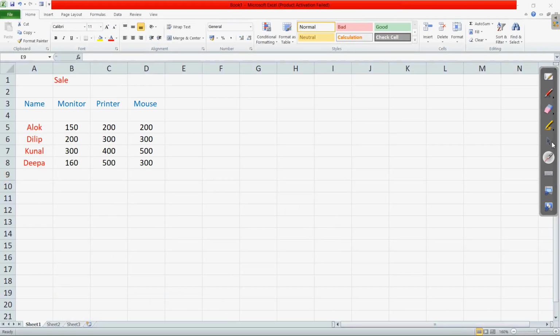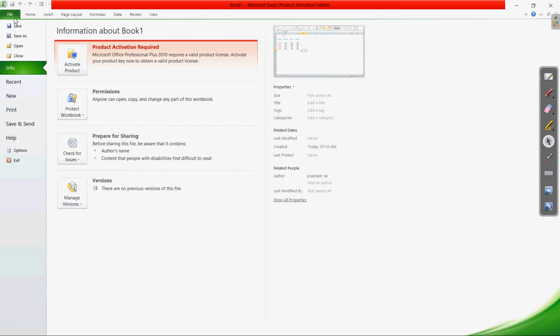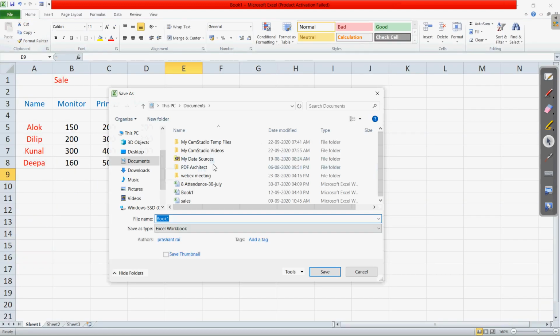If you want to save this, go to the file tab and use the save or save as button. Either can be used for the first time. Save as is used later if you are going to save an existing file with a new name. For that we use save as. So for the first time we can use either of these.